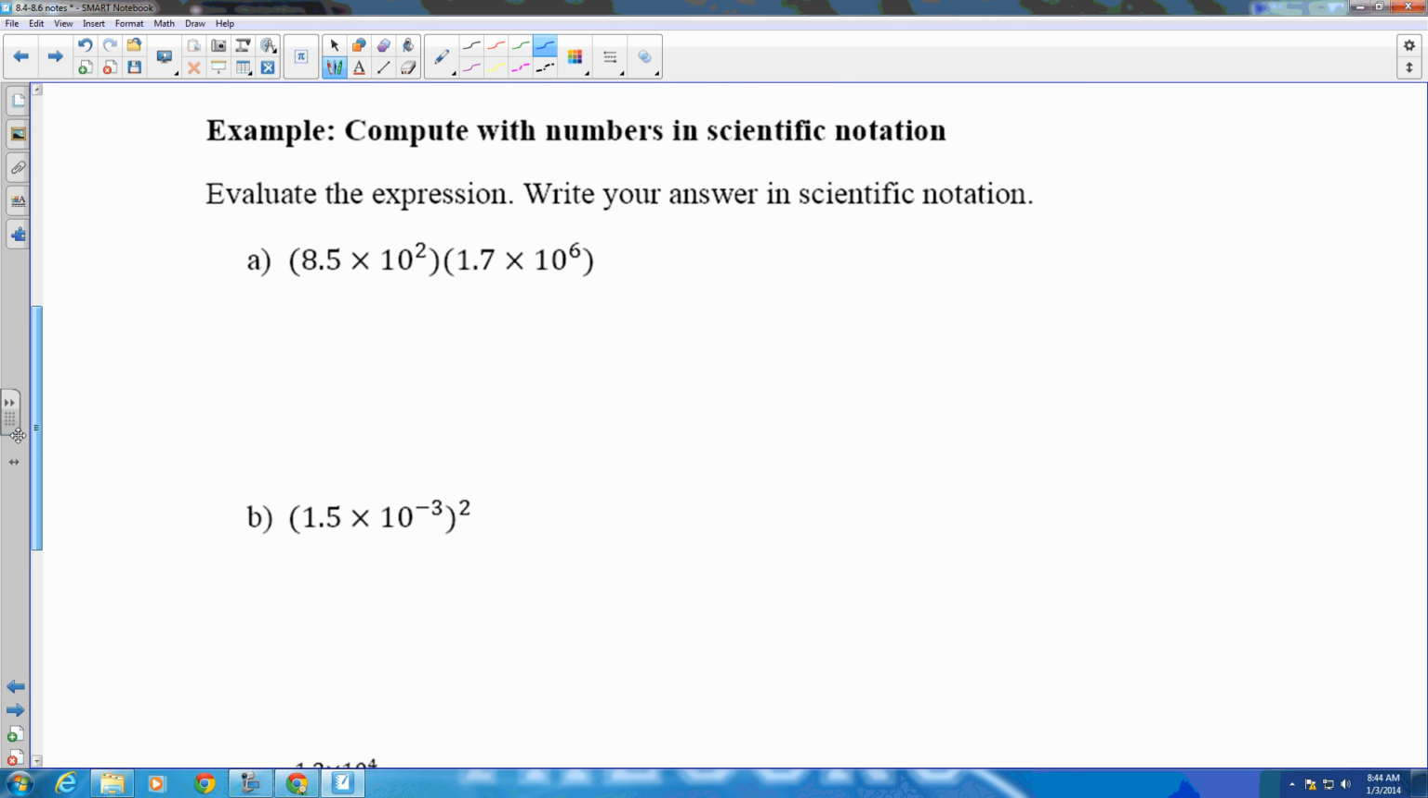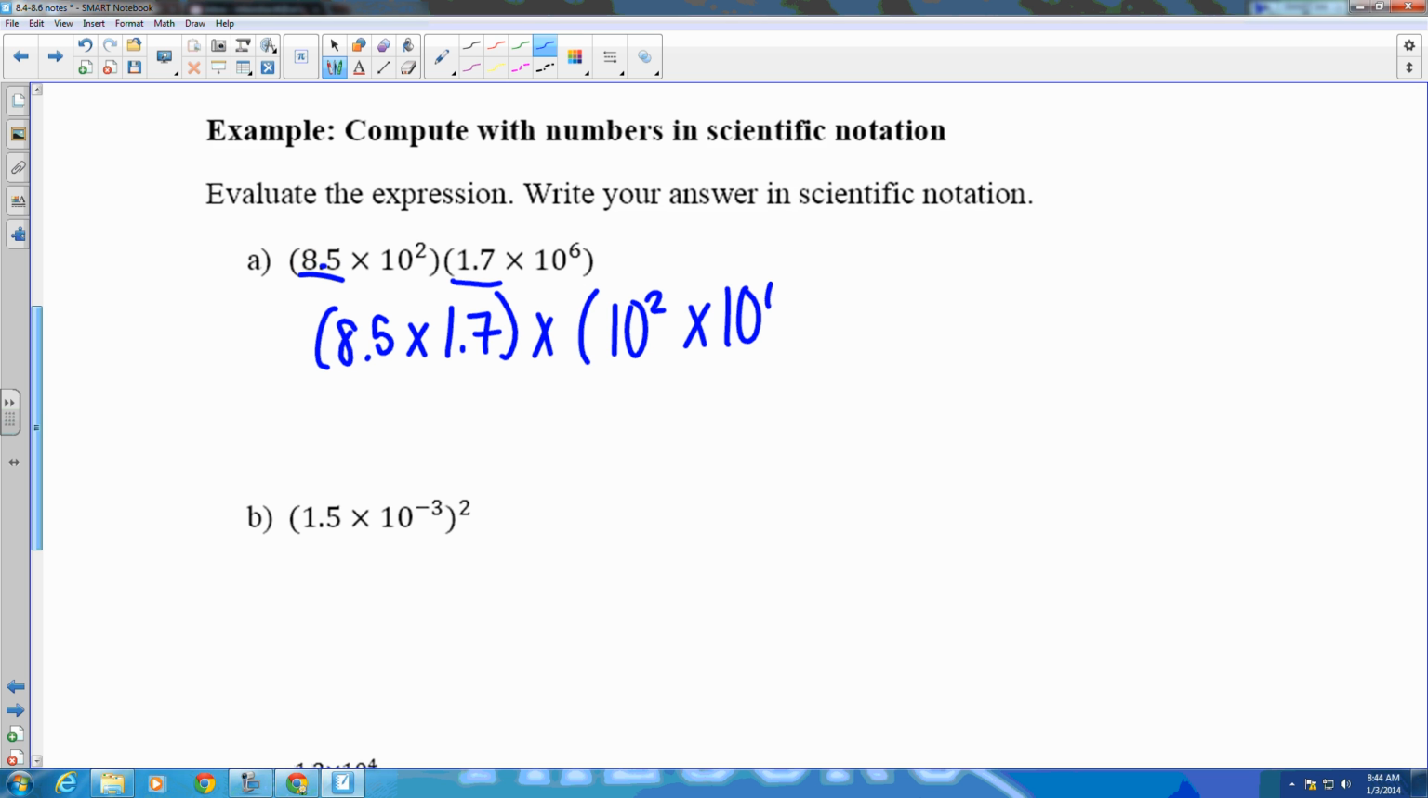Okay, so now we're going to multiply two numbers that have scientific notation. So what you're going to do is multiply the c's, so 8.5 times 1.7, and then you're going to multiply the two numbers with the exponents. Now we have all of our rules for exponents. That part's not going to be that hard. So 8.5 times 1.7 is